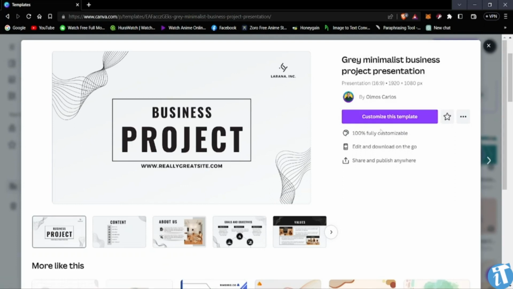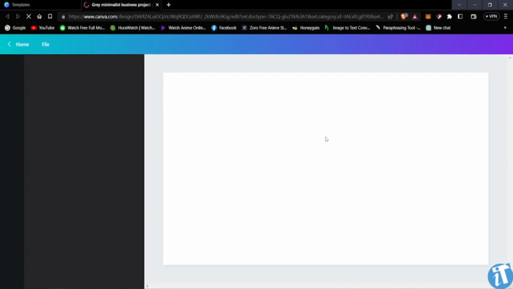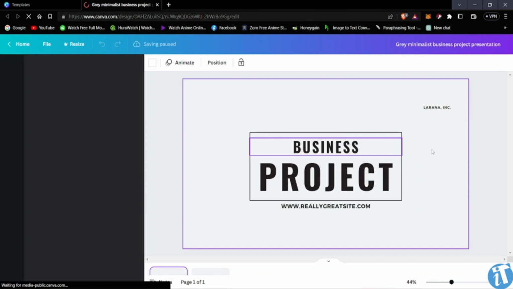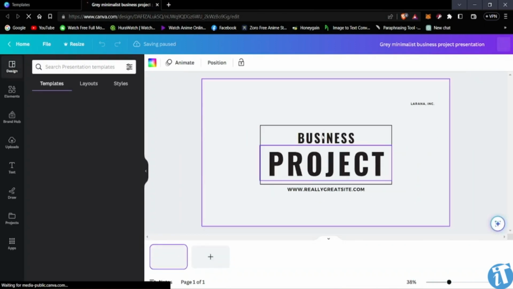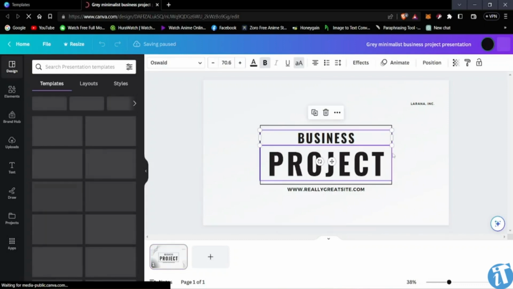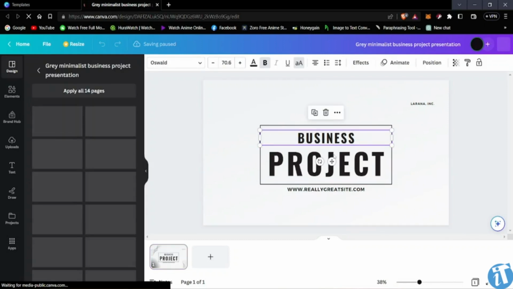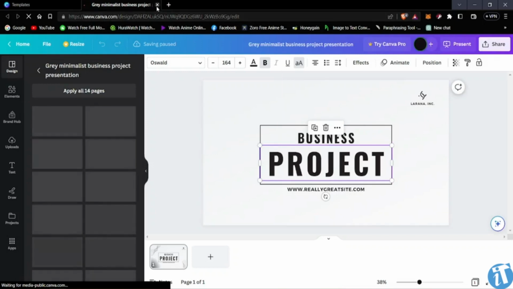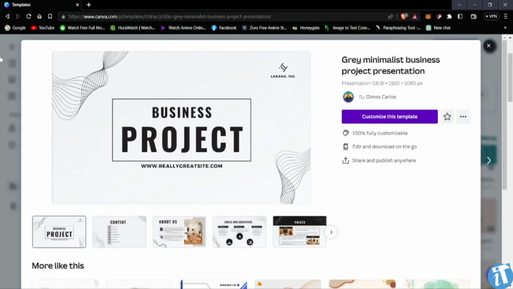they're going to ask me if I want to customize this template or not. If I click on it, they're going to take me to another interface where I can actually modify the template as I desire. All right, so you can see here I can start editing this as I want. So business project, I can present here my name, and then I can give another heading here. Okay, so we're not going to use this one, so we're just going to cut this one right now,